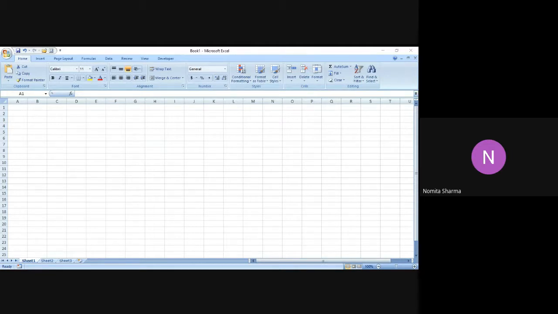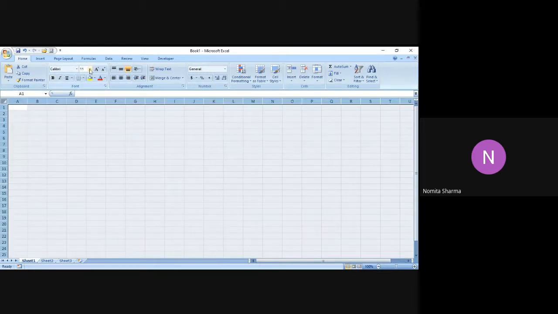So let's get going and let me write the function in the Excel sheet. I hope the Excel sheet is visible. Let me make it bold and increase the size also.